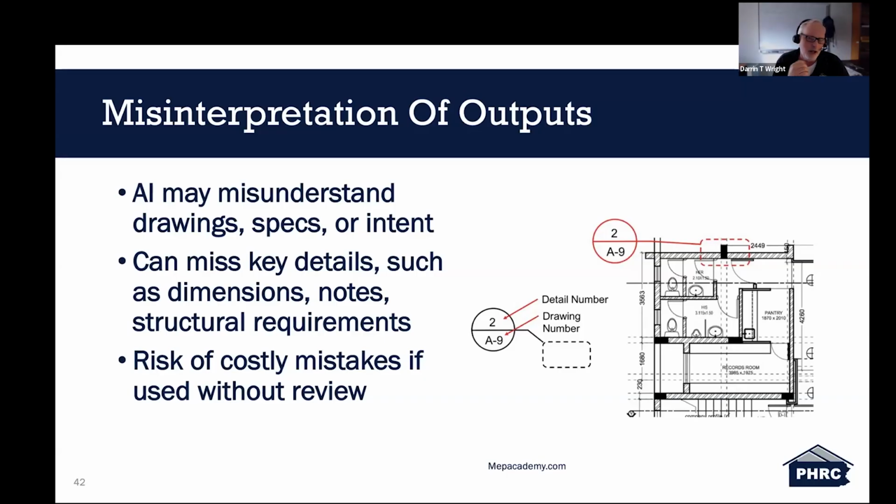So you always want to make sure, again, this is one of those review processes. You always want to make sure that when it's giving you suggestions or a plan, that you review what it's done and just don't rely on AI to make the correct decision all the time. It can make mistakes. Again, think of it as an intern or a new employee or somebody with very little knowledge about the industry or is learning about the industry. That's what you're dealing with here. So it might seem like a good answer, but you always want to still double check and confirm what those answers are.